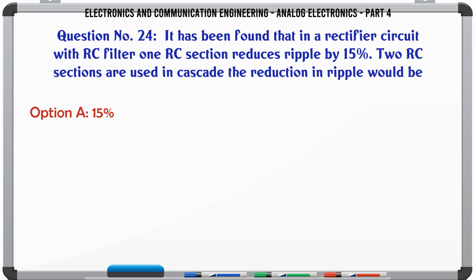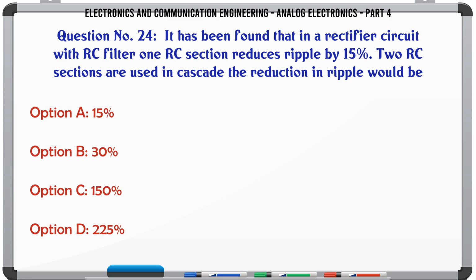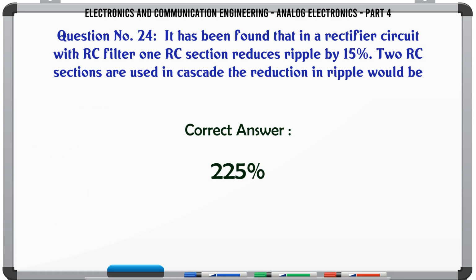It has been found that in a rectifier circuit with RC filter, one RC section reduces ripple by 15. If 2 RC sections are used in cascade, the reduction in ripple would be A) 15, B) 30, C) 150, D) 225. The correct answer is